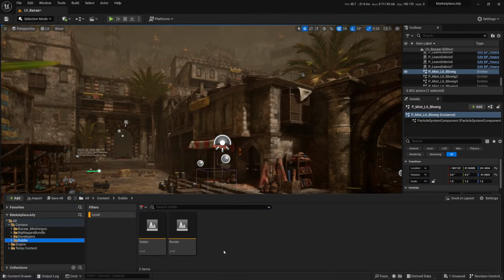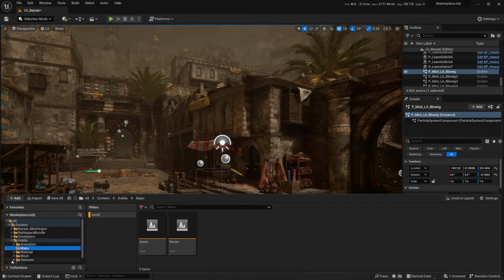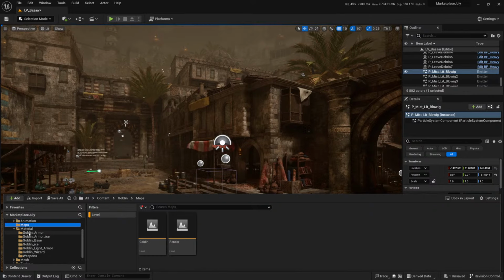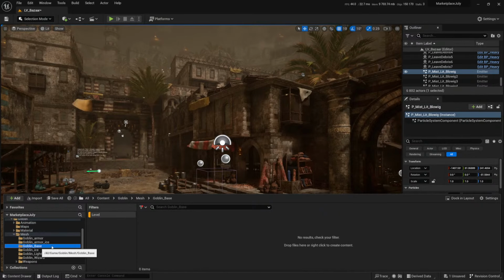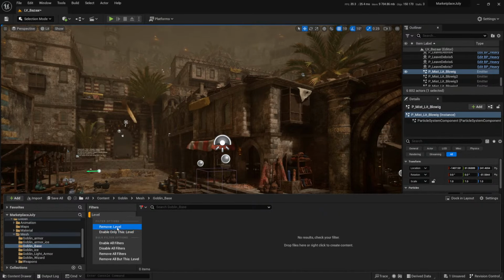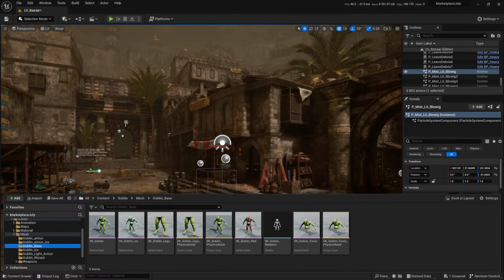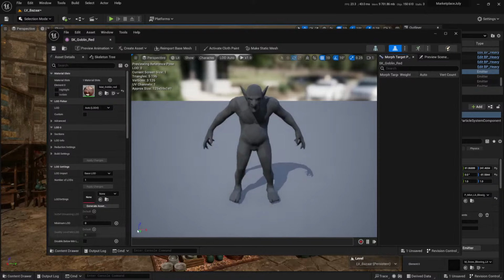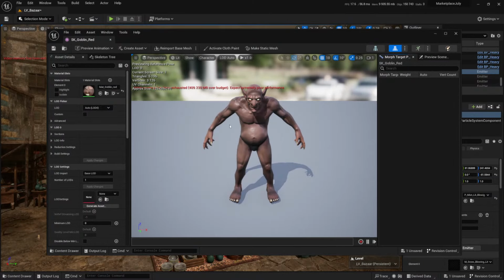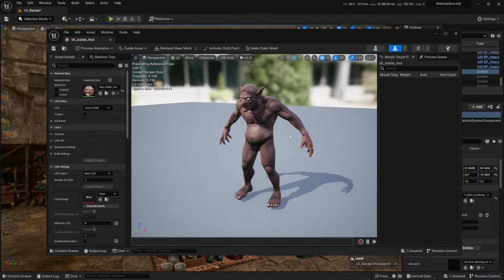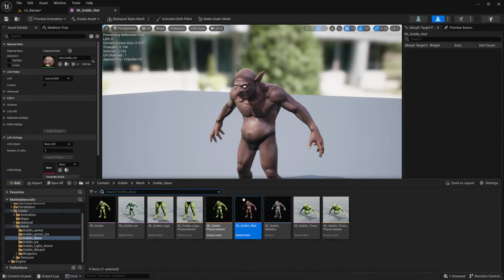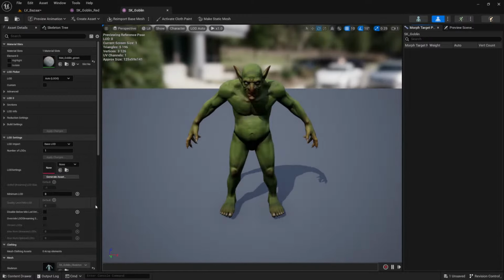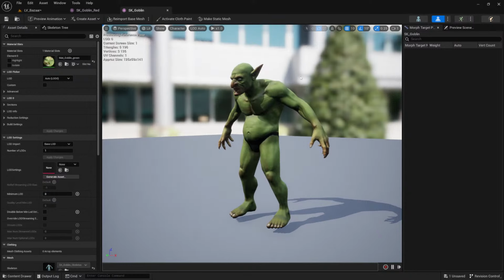I have this goblin. And if I go to my, this is materials, animation, meshes, texture, mesh. Okay, goblin base. I'll remove my filter. We have this goblin, which is a modular asset. In the case of the red one, this one isn't. Is there a green one that I can use? Okay, it seems that... Ah, here it is. The goblin. Right, so